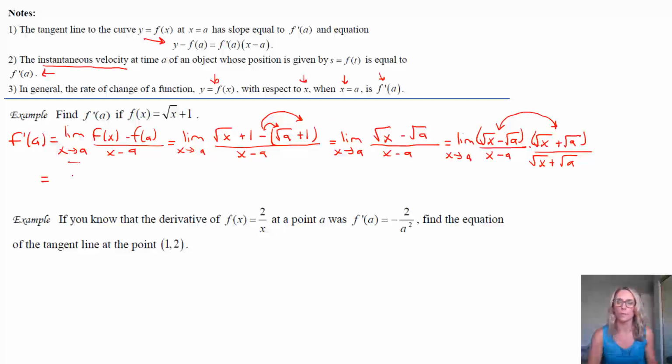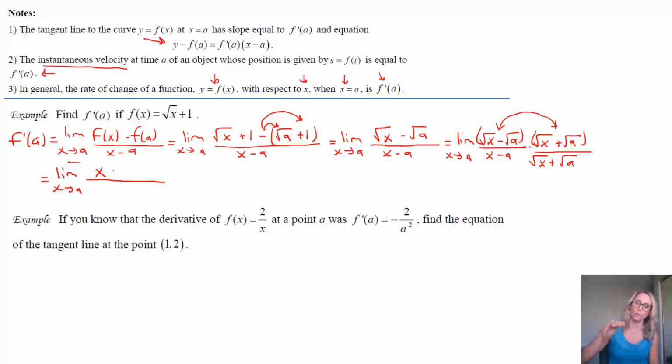It's so teeny. The square root of x times the square root of x. So let me put back my limit. Never forget your limit, because we haven't taken the limit yet. So the square root of x times the square root of x is the square root of x squared, or just x.